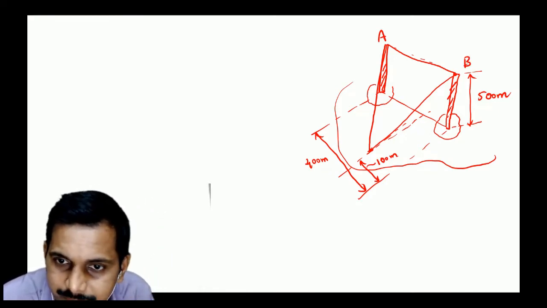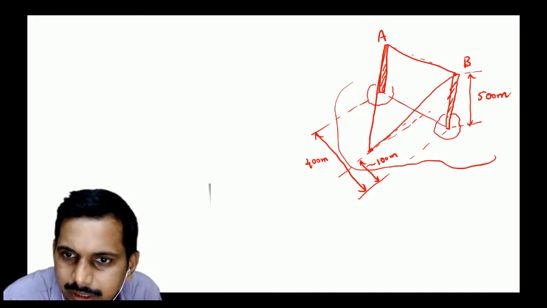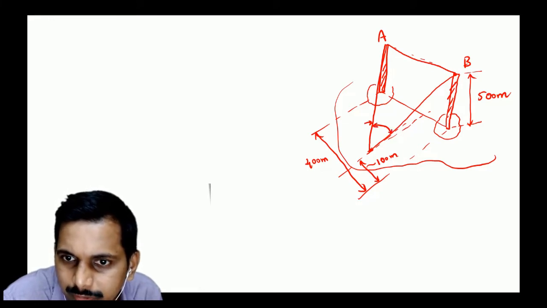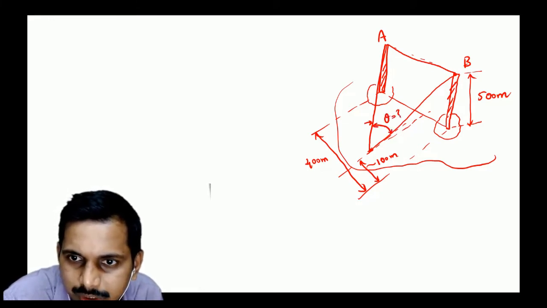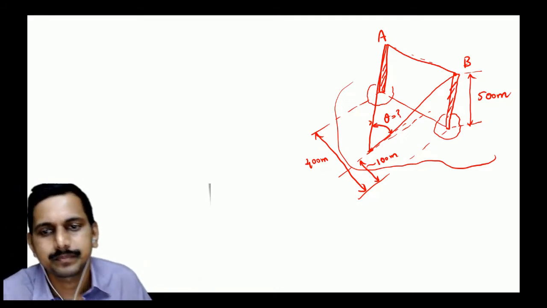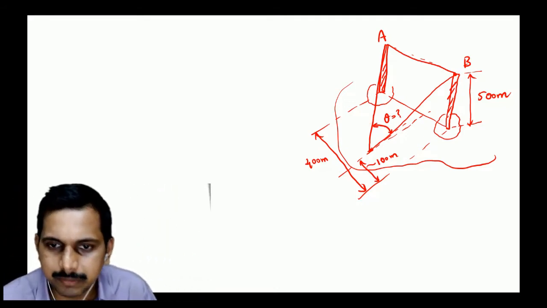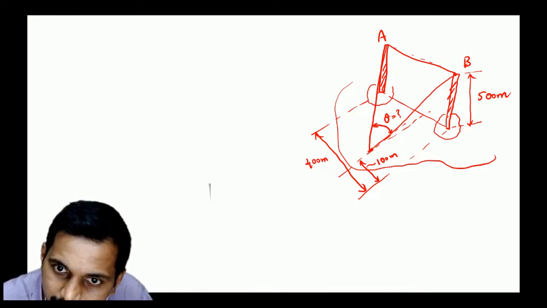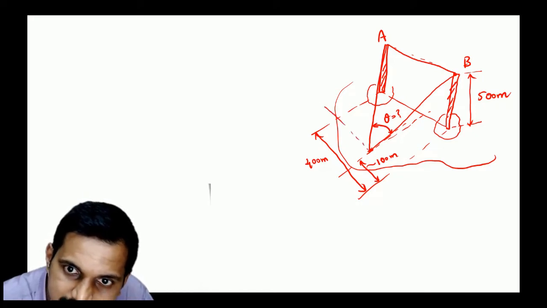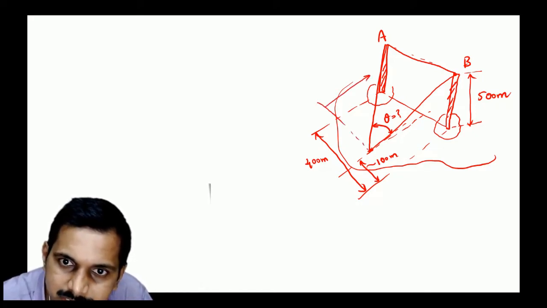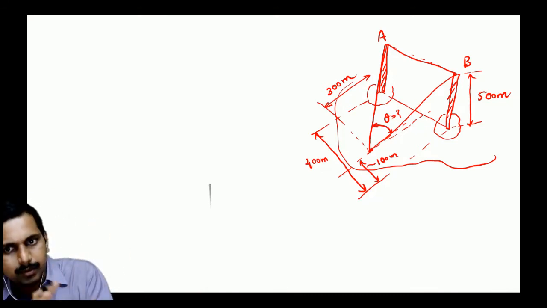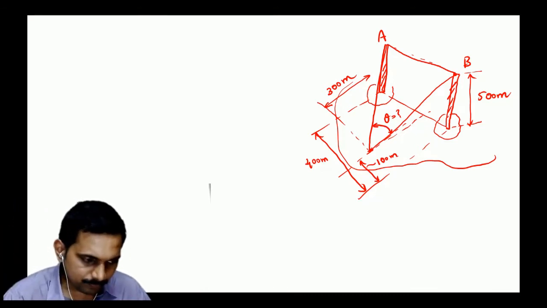Now if this is the case, you can take any coordinates, but tell me what is the angle between these two wires. What is the angle? Theta. What is theta? Can you tell me, students? This is 500 meters, this is 400 meters, this is 100 meters. There is one more thing I have to tell you, one more thing which I missed is this distance. This distance is 300 meters, students. Now tell me what is the angle between those two wires. How will you do that?